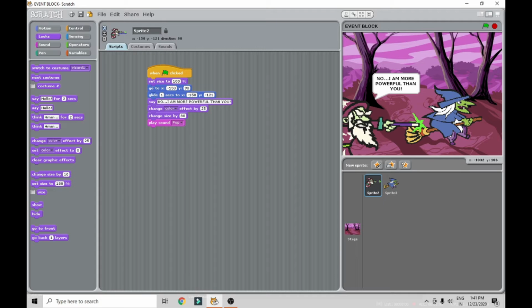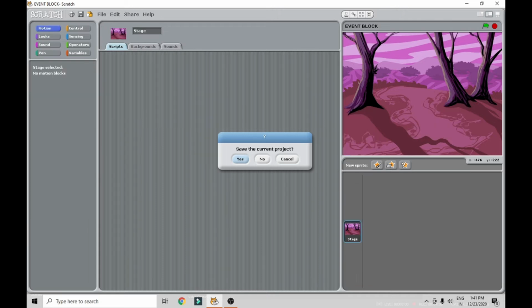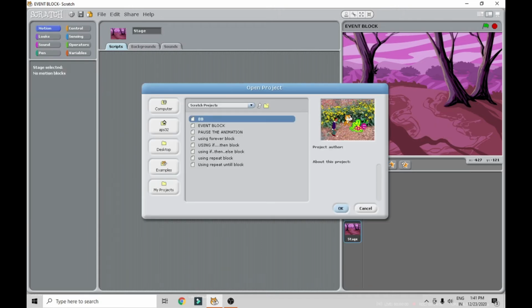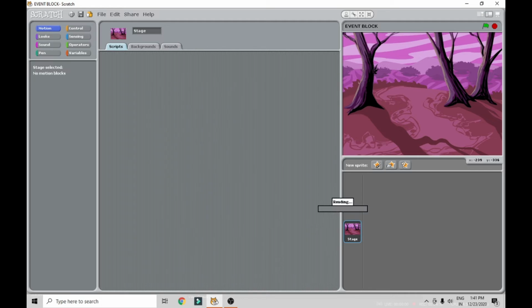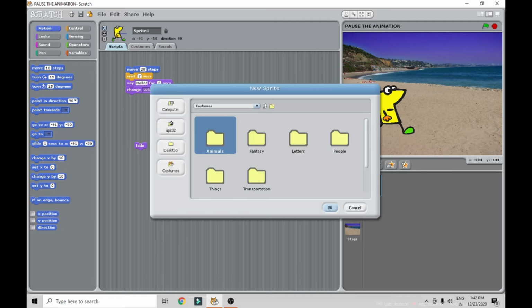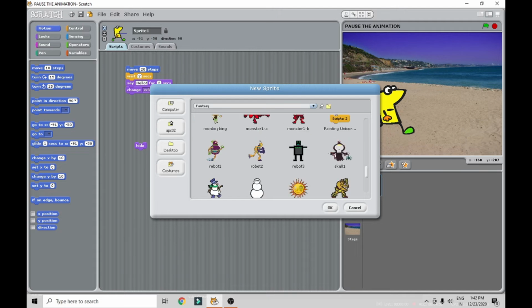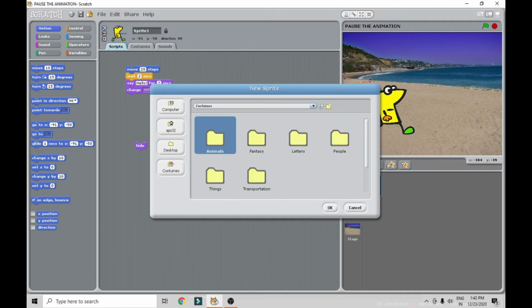First is pause the animation. First I will open this. Okay, then take the pause the animation. Okay, so this is the code. I took this for all of it, then I will add a new script. In the new script again we will go for this. Again you can choose any different types of animals over here. Okay, then